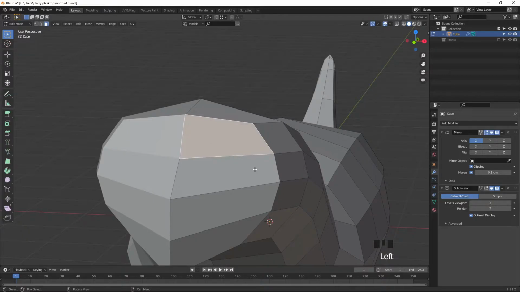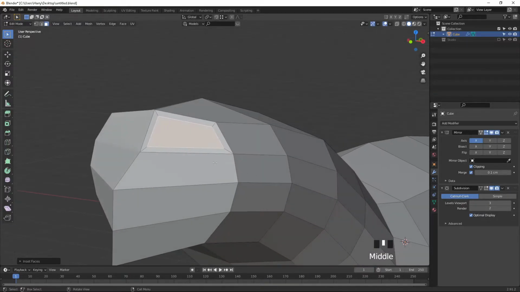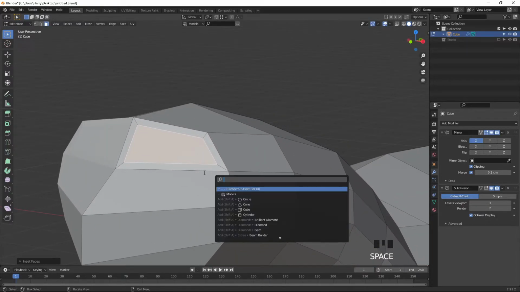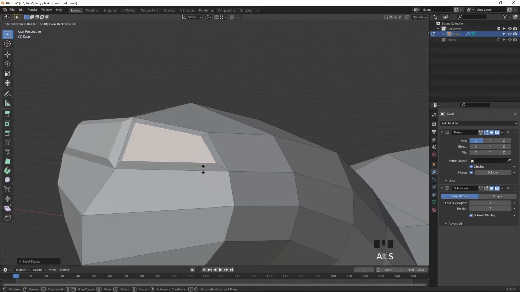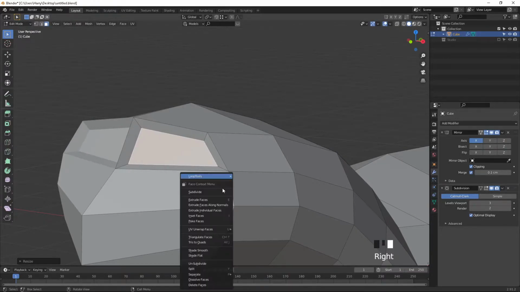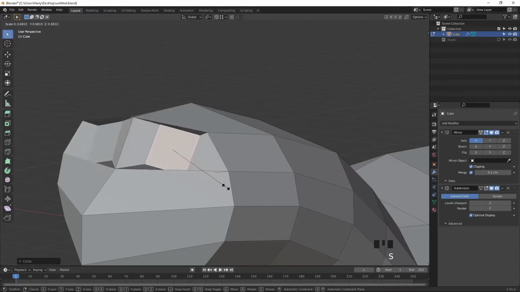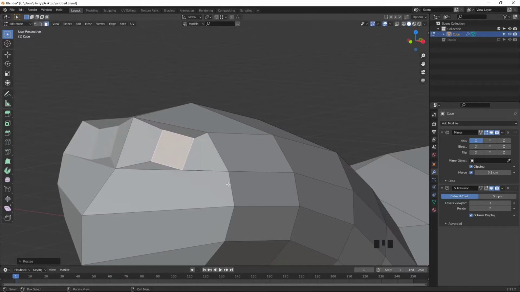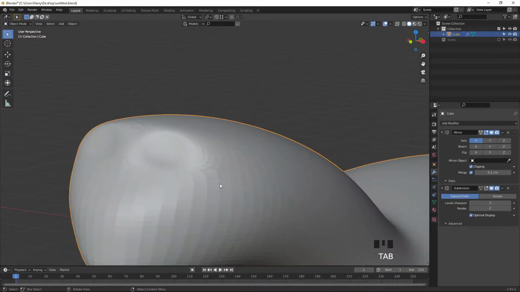Press 3 on the keyboard and face selection, press I to insert, Alt S to scale down, scale it a little bit down, press right click loop connection, make it circle and scale it down, press G to align like this.